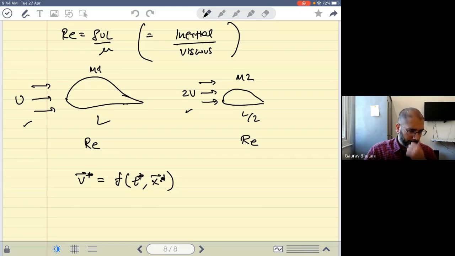Now, sometimes there's a confusion about what is the meaning of Reynolds number being low or high. We said that Reynolds number can help categorize the flow as laminar or turbulent, but how low should it be? Is there an actual number that helps us figure out what the critical value is beyond which it becomes turbulent? So that depends on the situation. Okay.